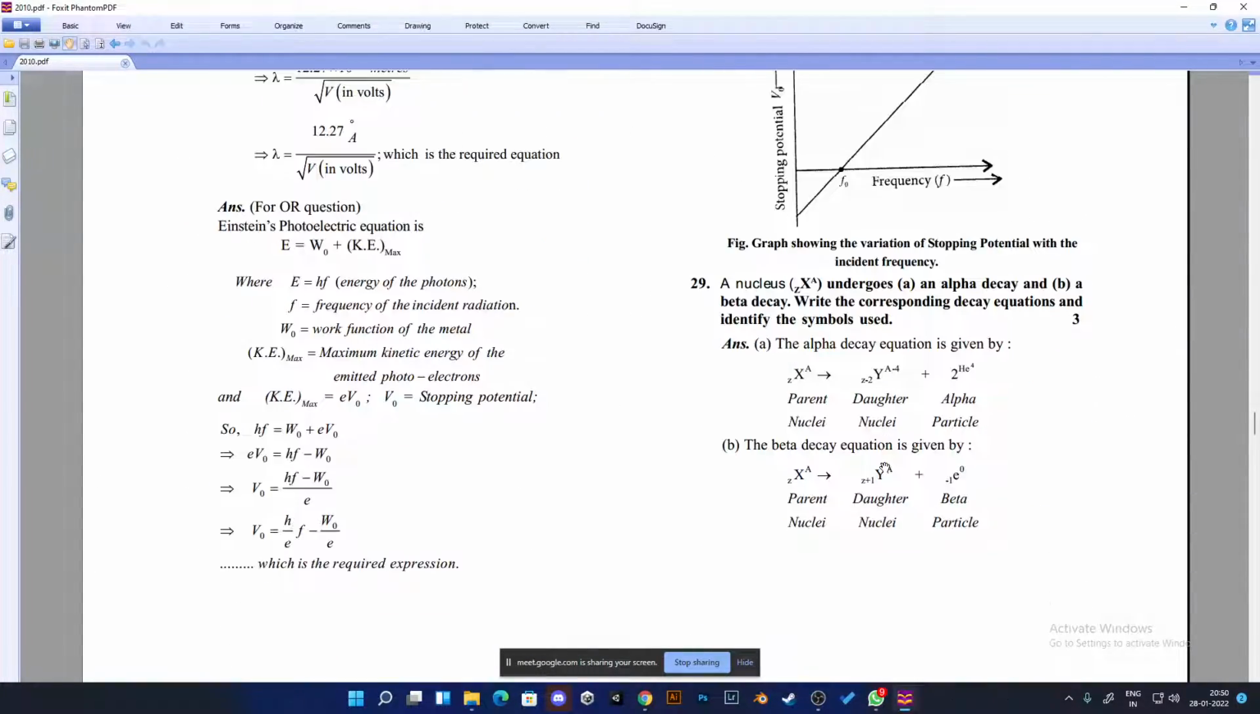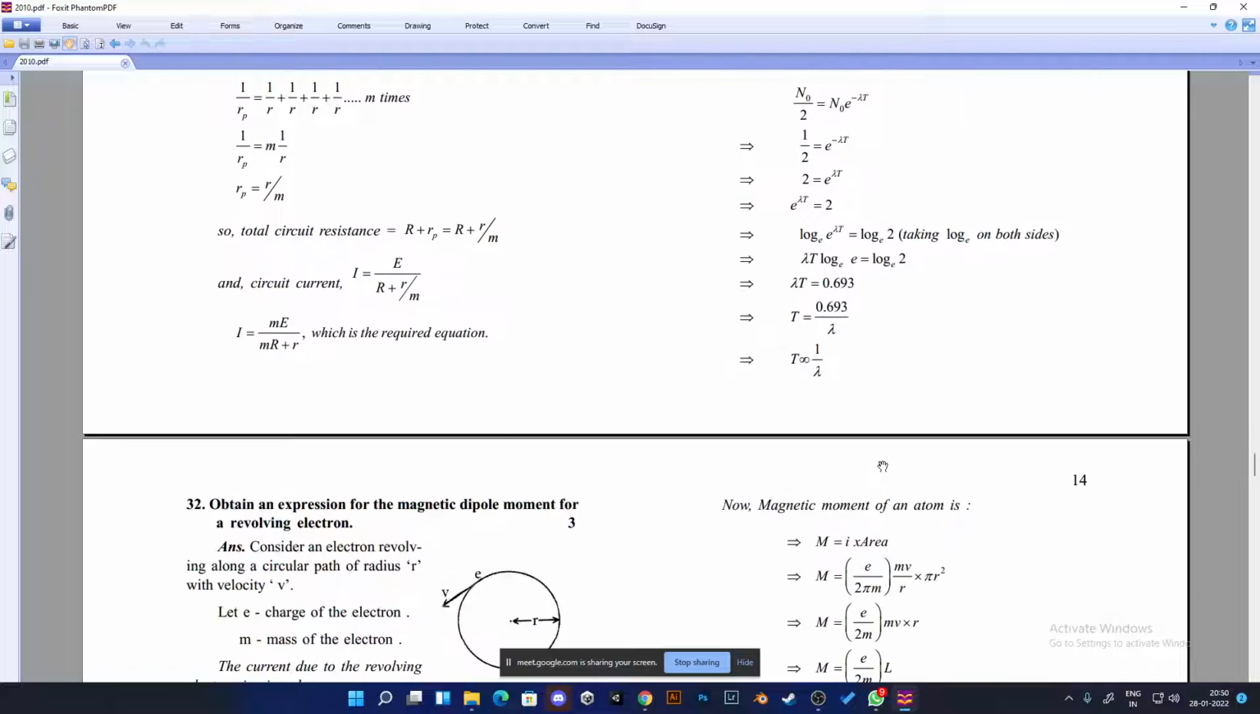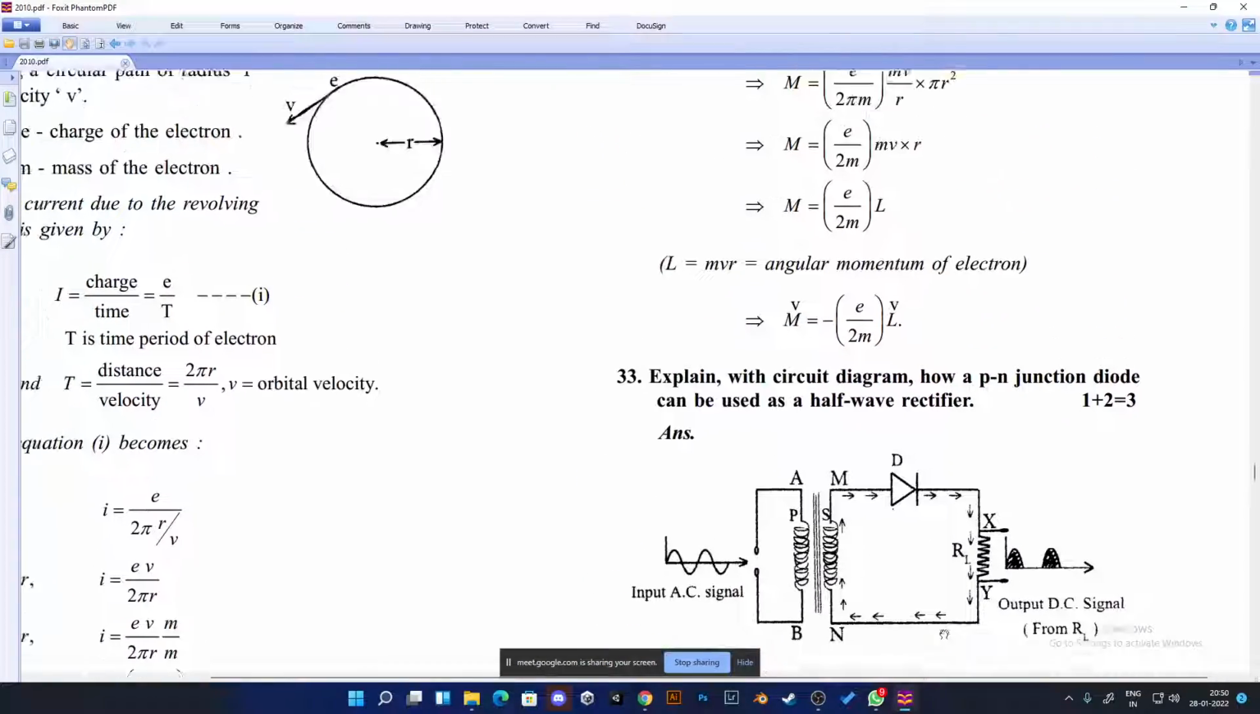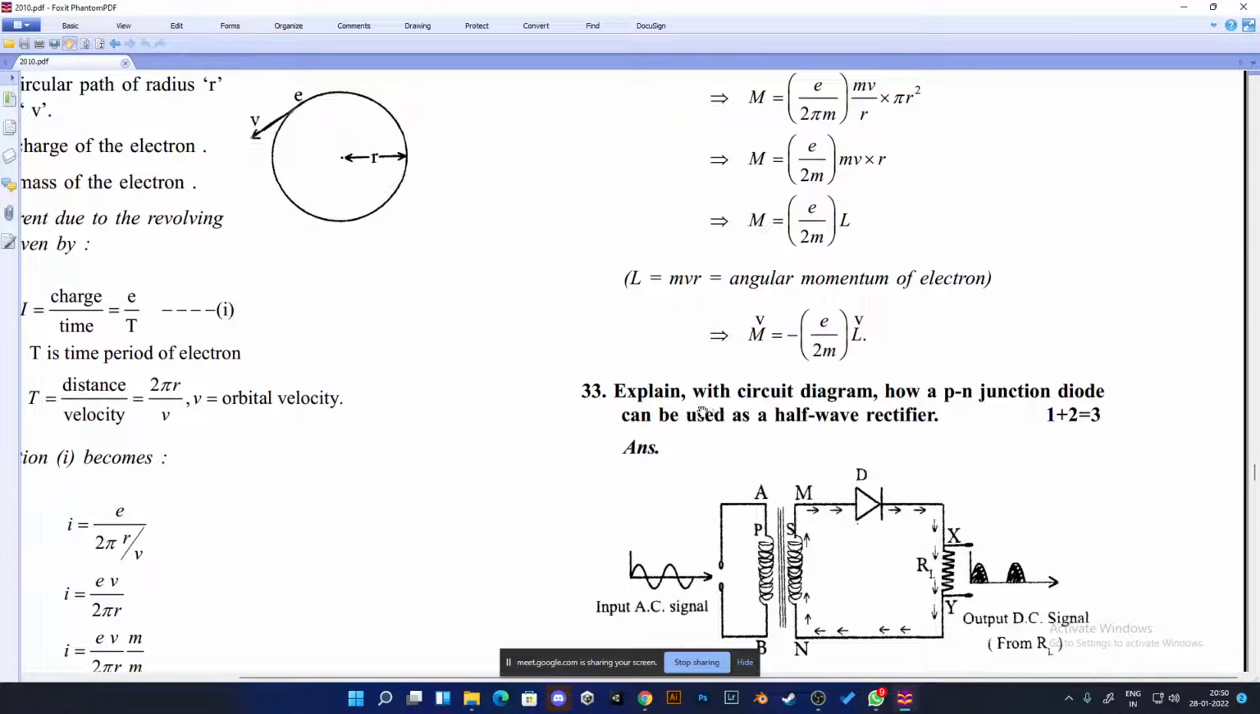So where is the question for semiconductor? Done. At least one more question should be there too. This one. See, look at the question. What is this question, guys? Check. Read. Explain with circuit diagram how a PN junction diode can be used as a